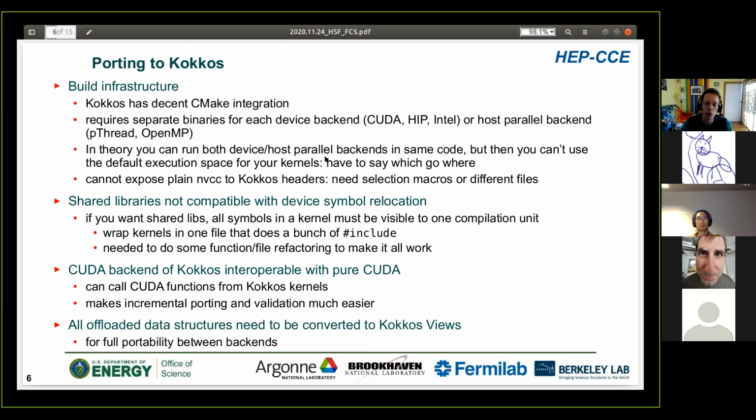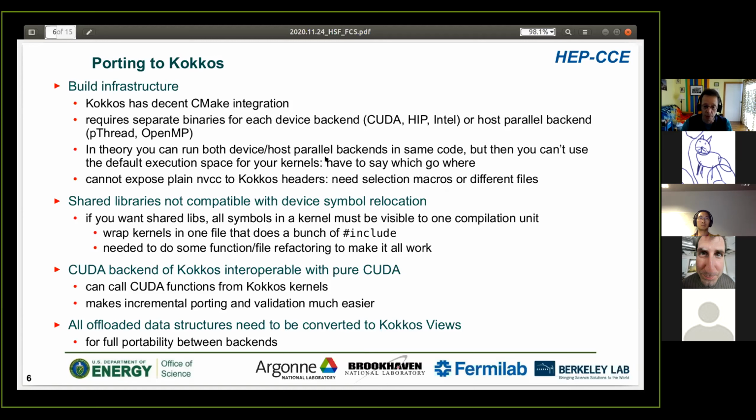One big issue with Kokkos is that shared libraries are not compatible with device symbol relocation. What this means is that if you want to use shared libraries, all symbols in a kernel must be visible to one compilation unit. So the way you can get around this, if you want to use shared libraries, is that you need to wrap all your kernels into a single file with a bunch of includes, which is what we did. And this actually required a significant amount of refactoring for the different functions in the files to make it all work, especially since we really wanted to share as much code as possible between the CUDA and the